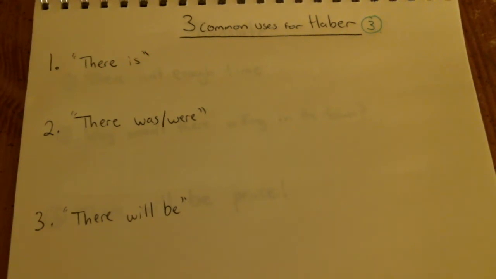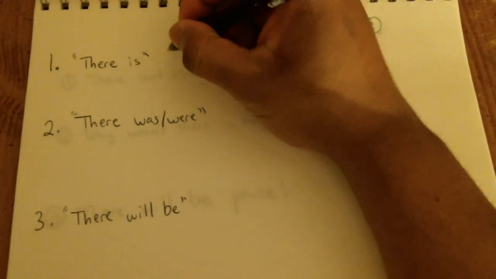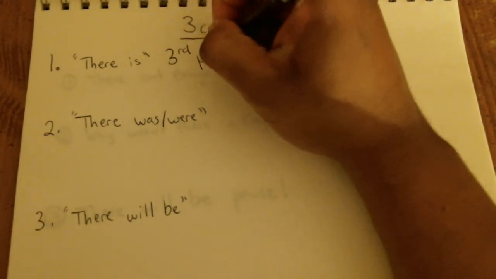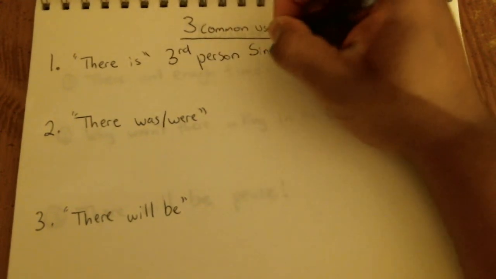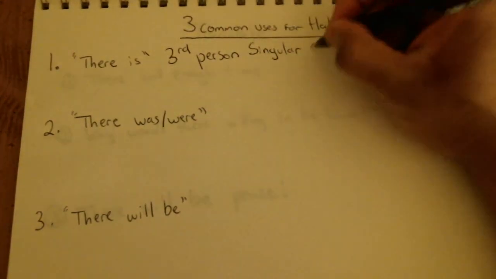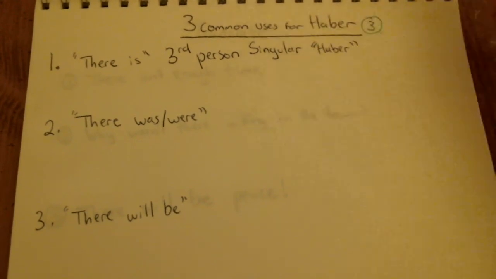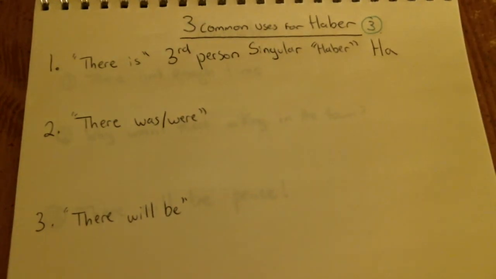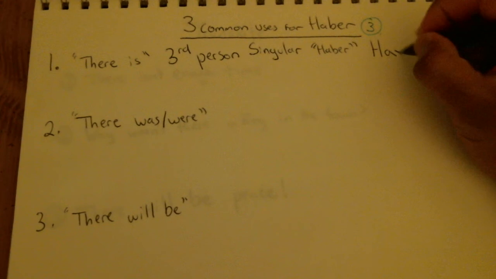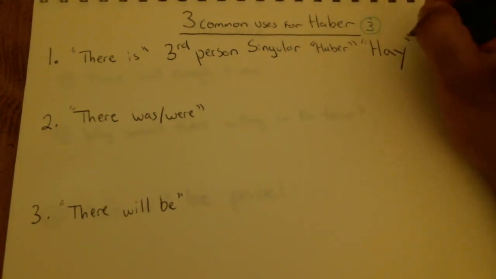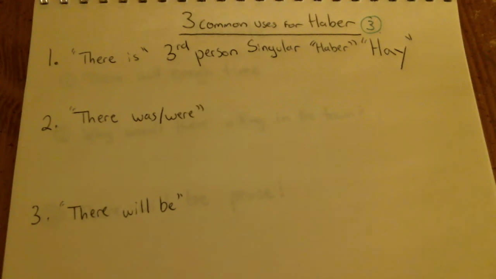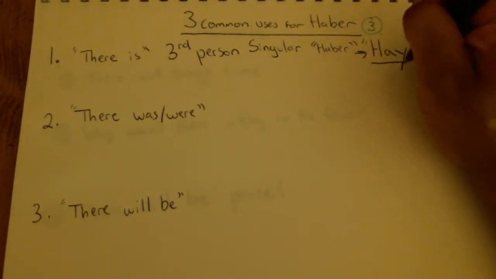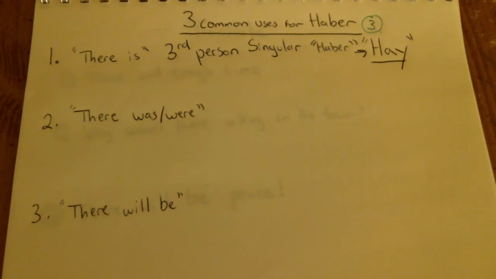So for the first one, in order to express a thought there is, you use the third person singular of haber, which you would think would be, right? Like he has, él ha. However, you use a special version of it known as hay, okay? That's what you would use. You would use hay. Hay is a form of haber. It's in the same part of the six box as ha, but it's only used to say there is or there are. For example, you could say,